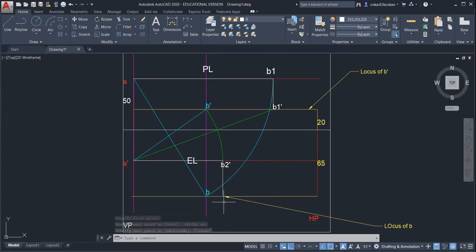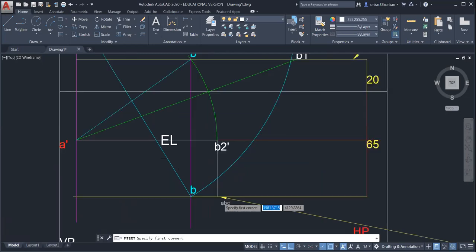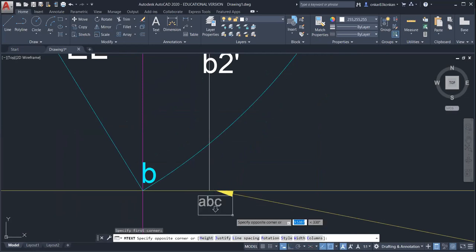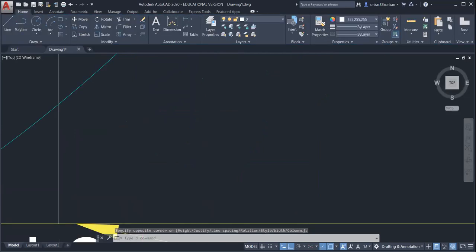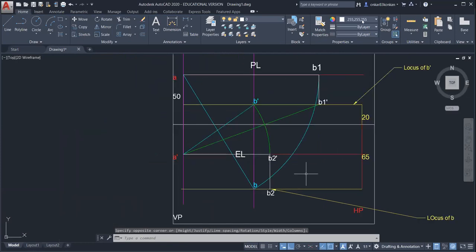So this is a B2 point. Now connect B2 with the point A. So this is the true length in the top view.